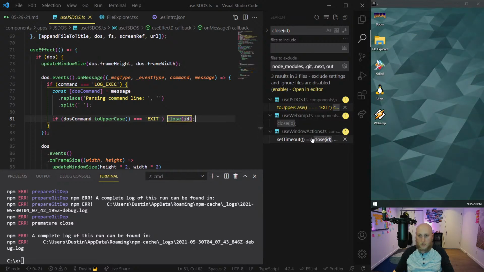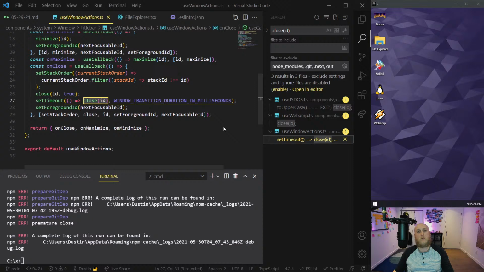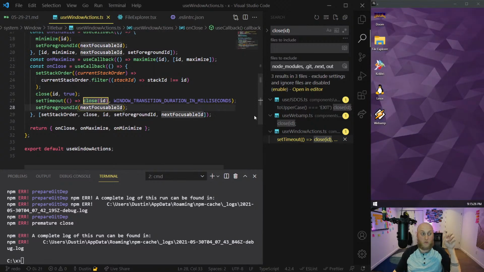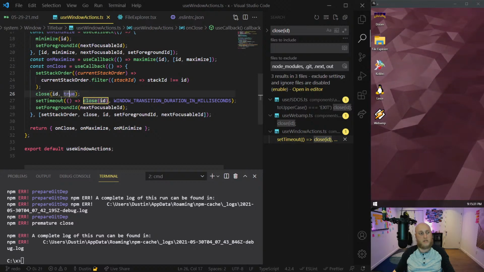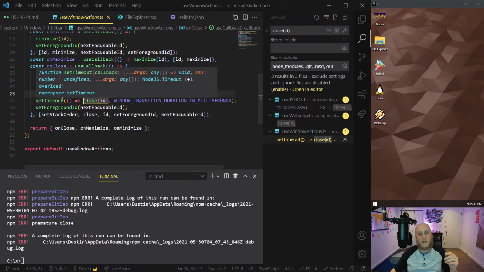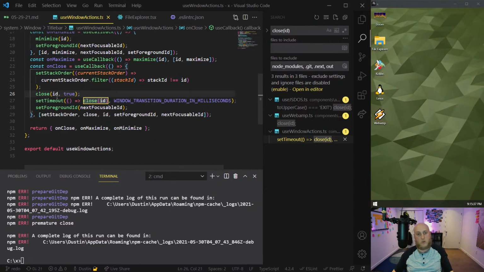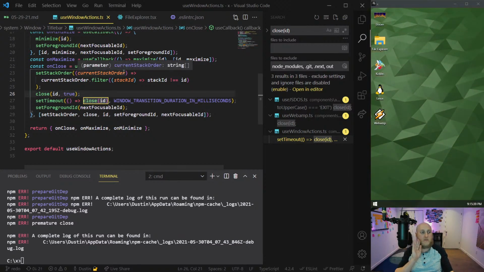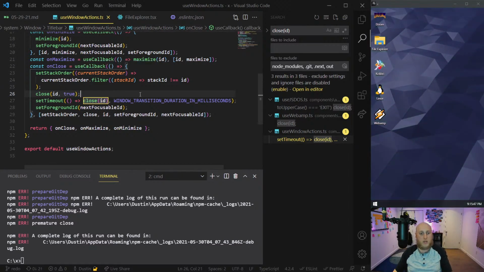But the problem with that, and I'm also using it in Webamp, is that in the window actions I'm doing it the right way, where I close with this true part where I say closing, and then after the window transition is complete, I actually close. So in the window case, that allows them to fade out properly. But in the Webamp and JS-DOS case where I type exit, it's just karate chopping it.